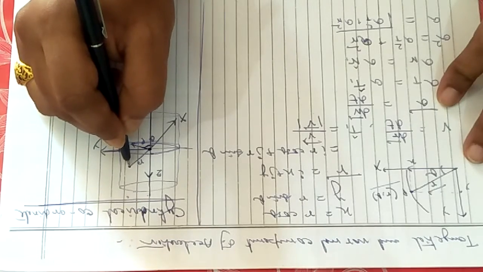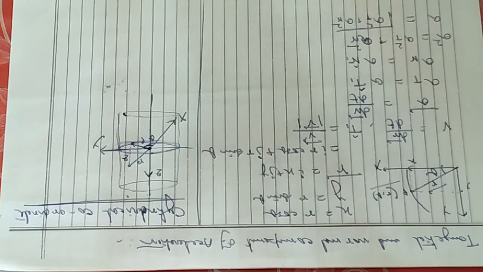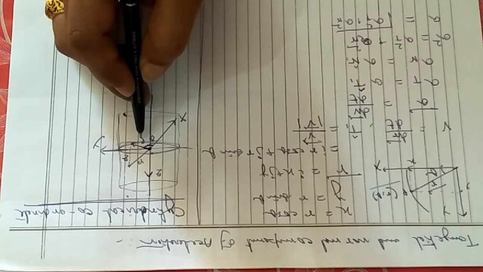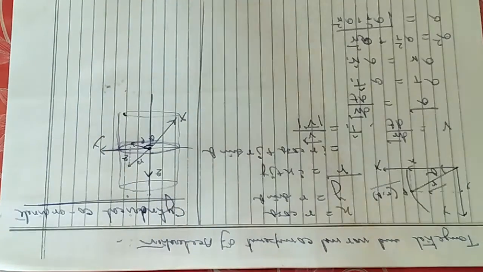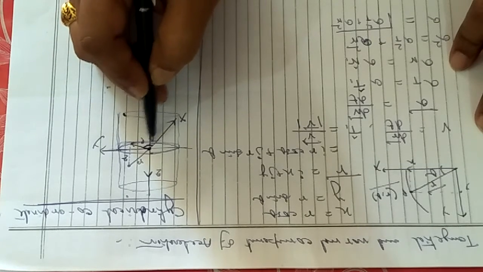Now if you join the tip point of r and rho, that will give one particular height, and let the height be z. These three are the variables in the cylindrical coordinate system: rho, theta, z. These three points are important. In some books you will find that instead of rho they have used the term r or something, but I am not fond of that, because r is always the radial vector and the projection of r should be considered as the new vector rho. Rho makes an angle, whatsoever it is, with the x-axis on the meridian plane, which will be considered as theta.